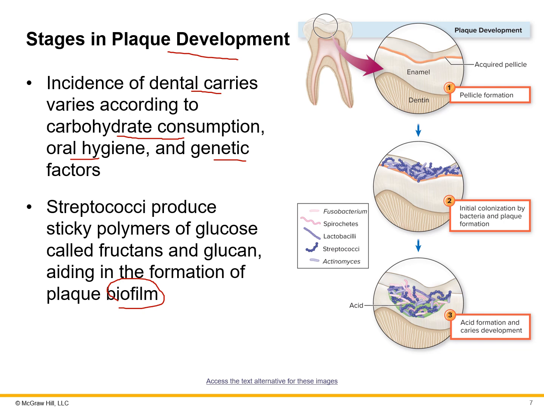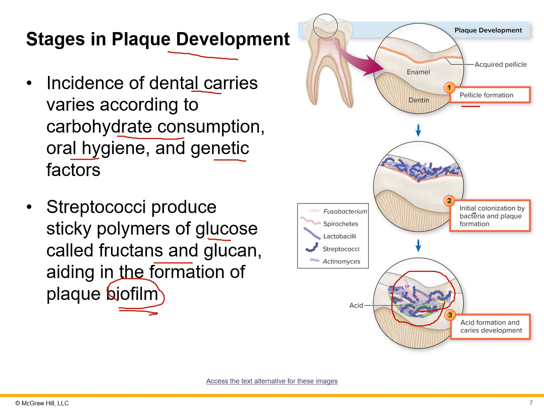But what happens, especially with Streptococcus mutans, is it produces that sticky polymer of glucose that makes up fructans and glucans, just carbohydrates. That sugary substance that gets released provides a substrate for other microbes to attach. So we get this formation of biofilms. One attaches, here we get a pellicle, it starts colonizing, and then those bacteria start allowing other microbes to attach until we have that full-blown biofilm with a variety of microbes.